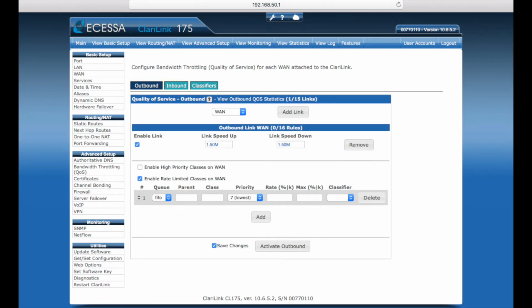You can create additional classes using root as the parent, or other classes as the parent. This basically means rules are nested within a greater parent rule. The minimum rate and maximum rate given to the class will, again, determine how much bandwidth is available to all of the classes below it. Likewise, the sum of the rates of a parent's children cannot exceed the parent's rate. This chain can get pretty deep. Classes that have no children must be assigned a classifier, which we'll define below momentarily. If a class doesn't have a child or a classifier, it's not doing anything.